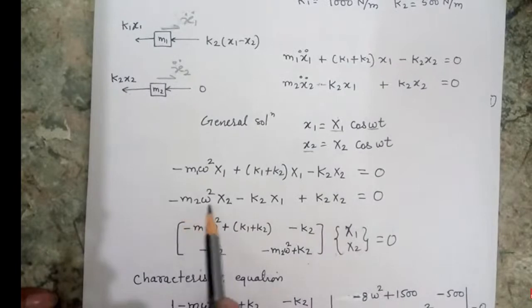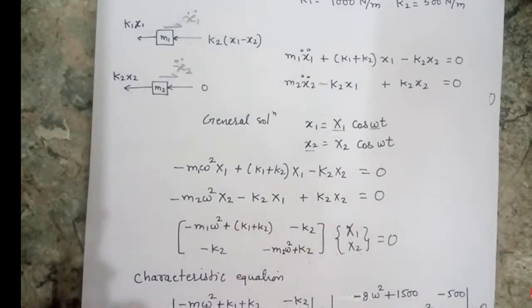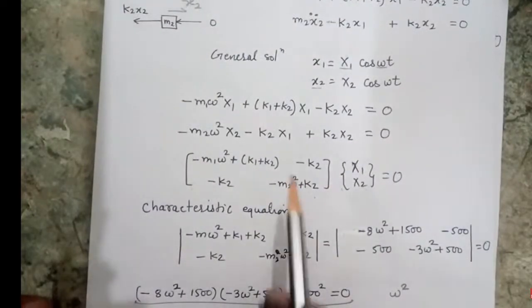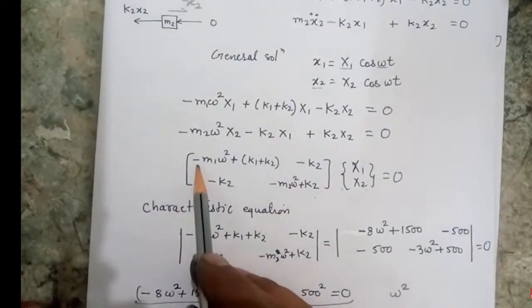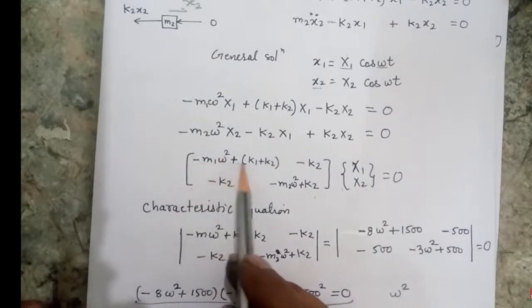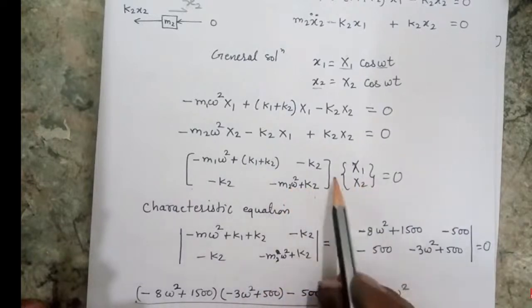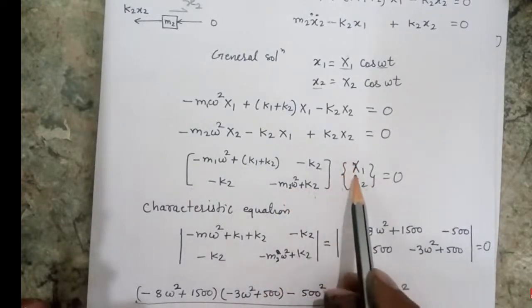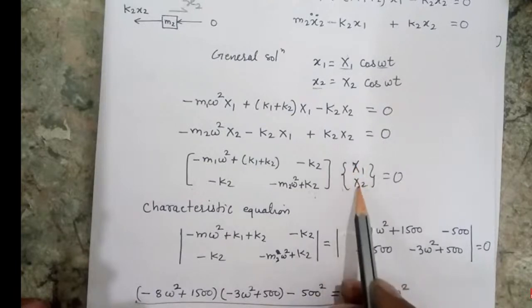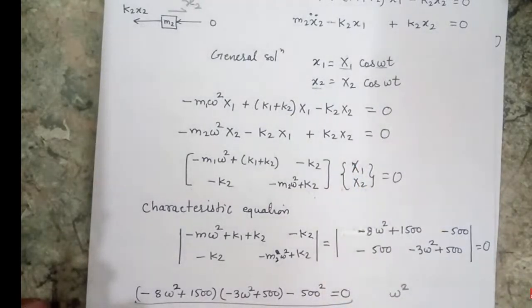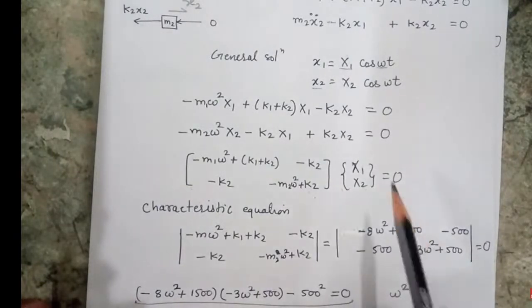Similarly, I will get the second equation, and when I rearrange all these terms, I will get a matrix form of these two equations, where the first row is minus m1 omega square plus k1 plus k2, minus k2, and the second row has minus m2 omega square plus k2. Second, I have a displacement vector denoted by capital X1 and capital X2. Now this is my characteristic equation, and I know that I can get a trivial solution by assuming that X1